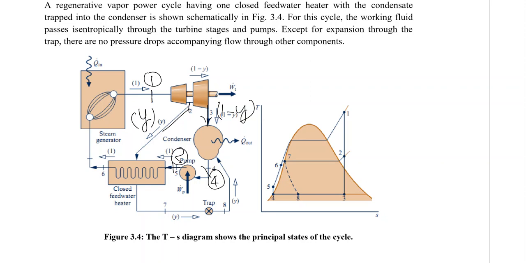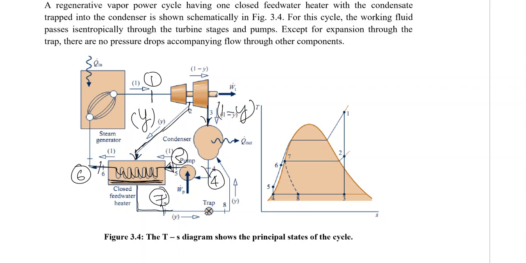Now, as in the previous case, we were trying to mix the steam coming from state number 2 with the feed water coming from state number 5. Over here, it is not mixed, but the steam itself is passing through a heat exchanger, and only the heat is transferred from 5 to 6. When the steam transfers the heat from 5 to 6, it itself is condensed. Now, this condensate is taken out at 7,